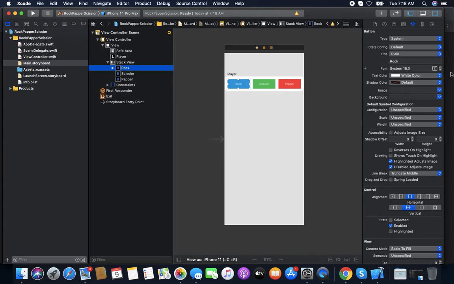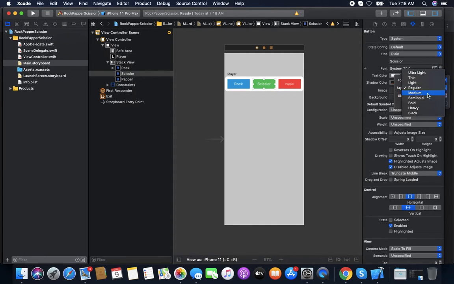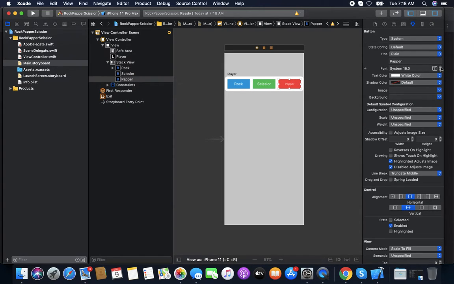Also we increase the font size. We make it 20 along with medium.